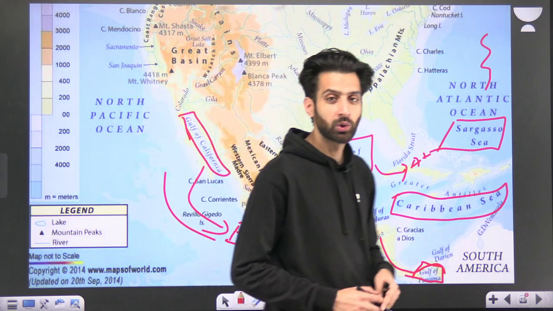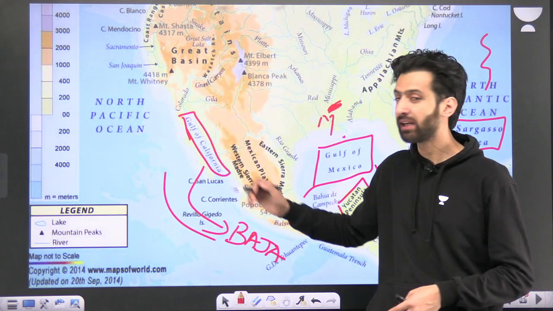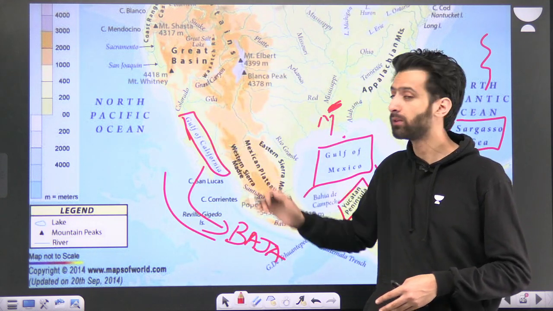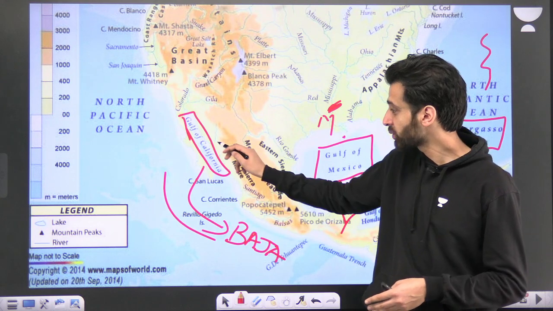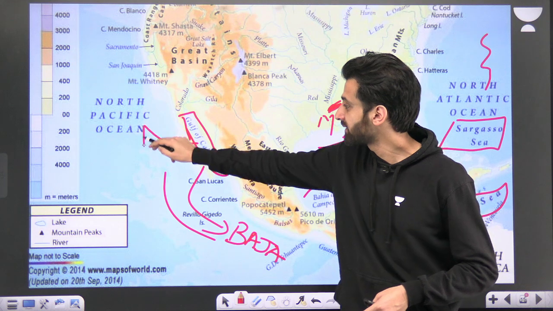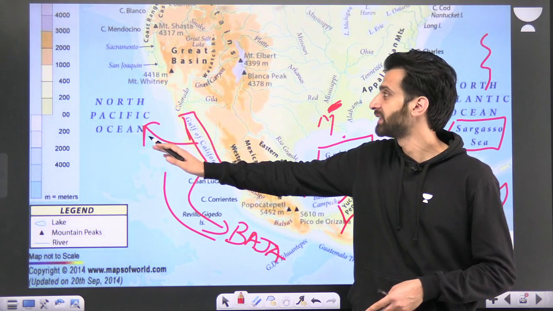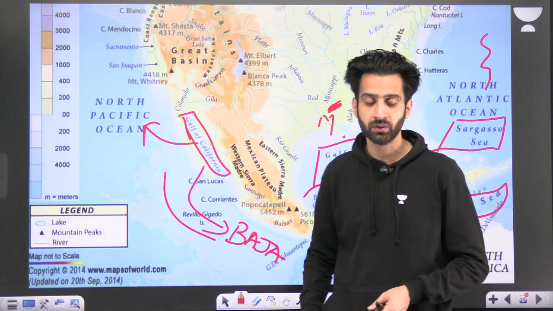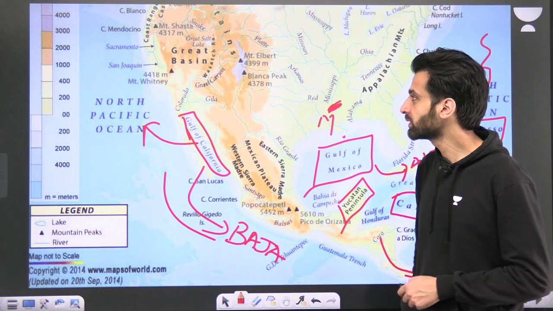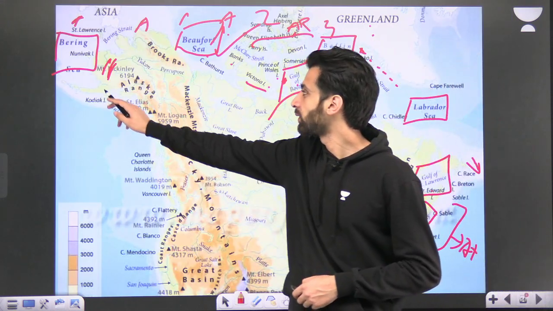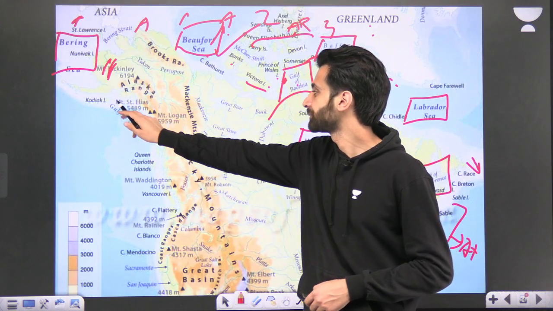Baja Peninsula. Okay, this is Baja Peninsula that is located there, and this is the Gulf of California, associated with Pacific Ocean. Don't get confused between this. This is the Pacific side that we're discussing now. So this is the Pacific Ocean, and there is one more thing, that is Gulf of Alaska,